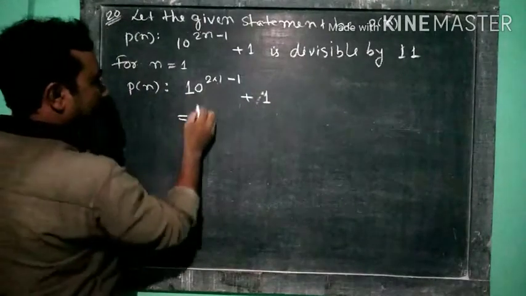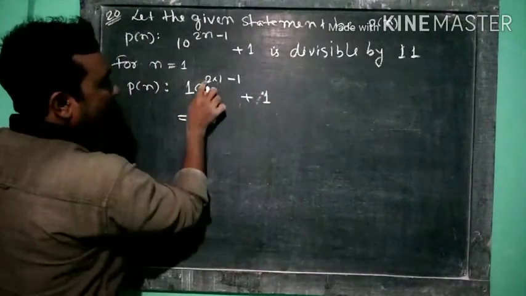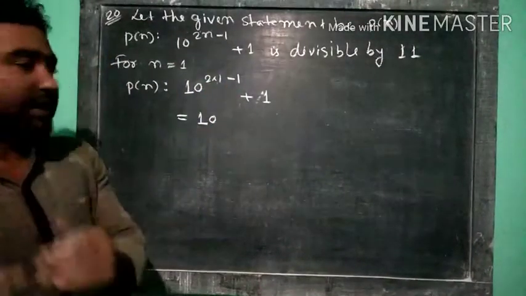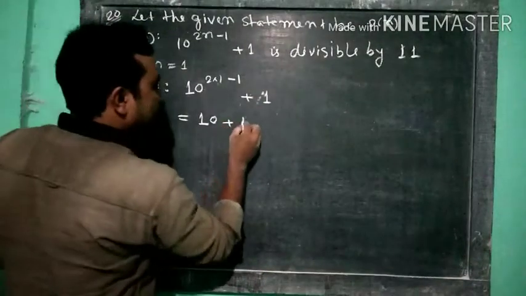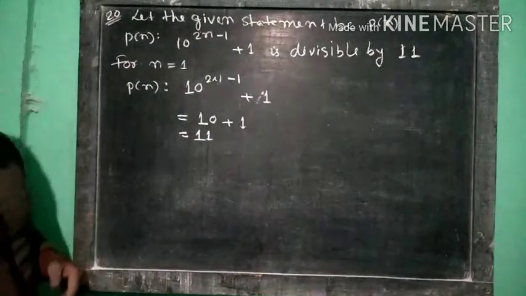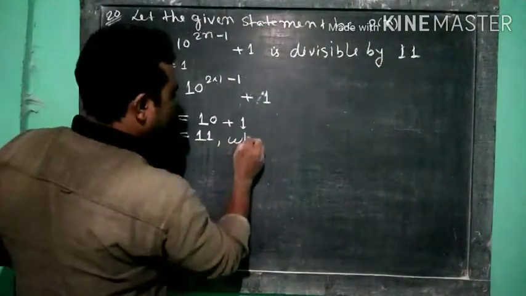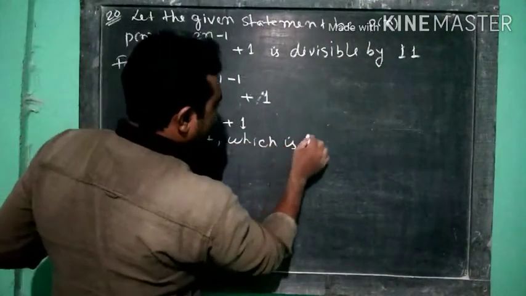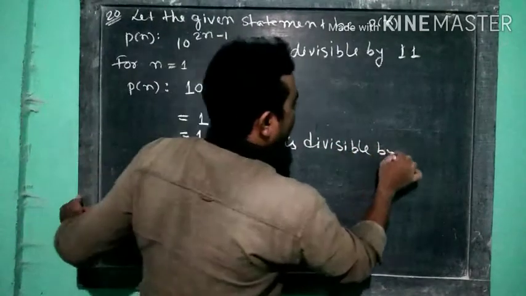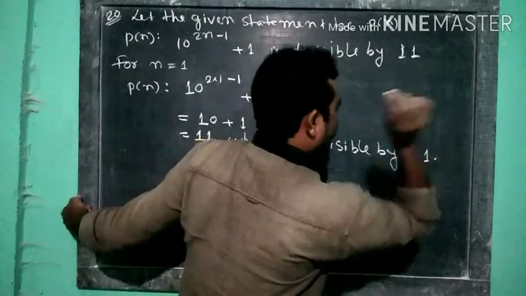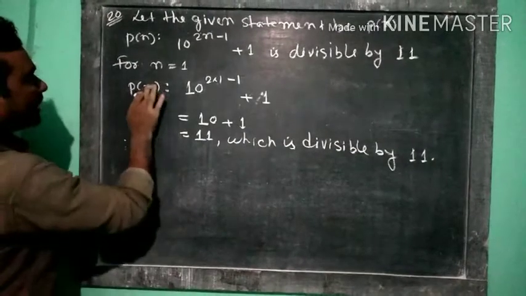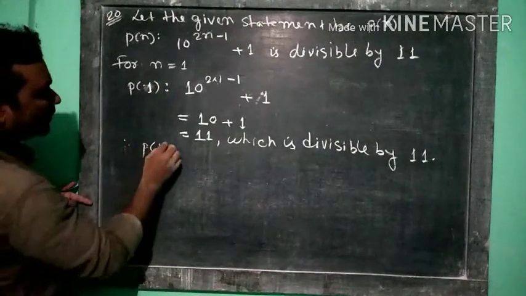This is equal to 10 square, that means 2 minus 1 is 1, so 10 to the power 1 is 10, plus 1, so this is equal to 11. Obviously 11 is divisible by 11. So this is n, sorry,